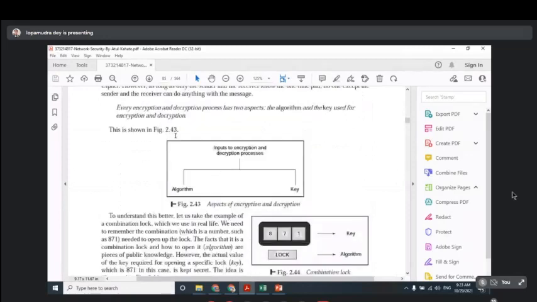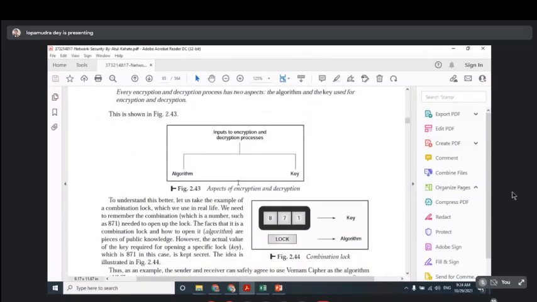Next, we will discuss what is required in the encryption and decryption process. We need two pieces of information: one is the algorithm, another is the key. We first have to find out which algorithm we are going to use, then we have to decide which key we need to use. For example, if I decide I will use the modified Caesar cipher, then I know how the work will go on, and I just need to decide the key. So there are two important things when you are doing encryption and decryption: algorithm and key.